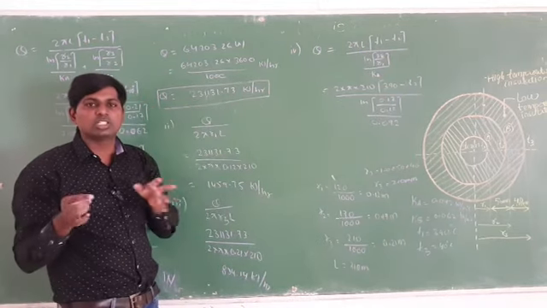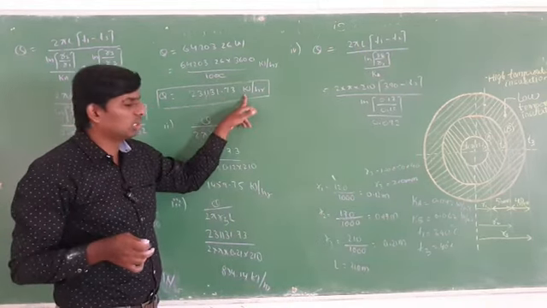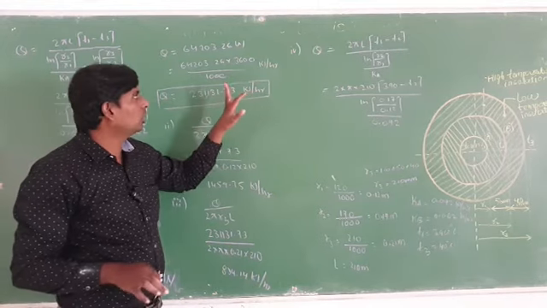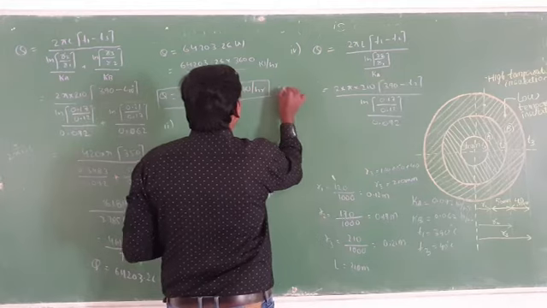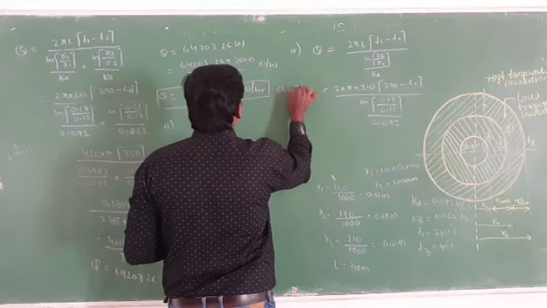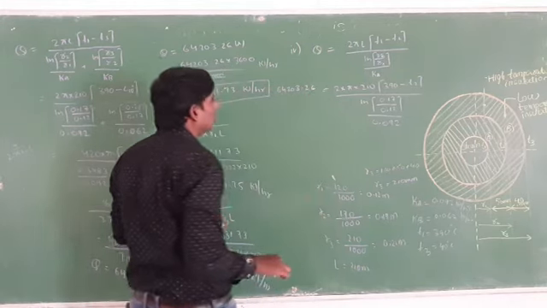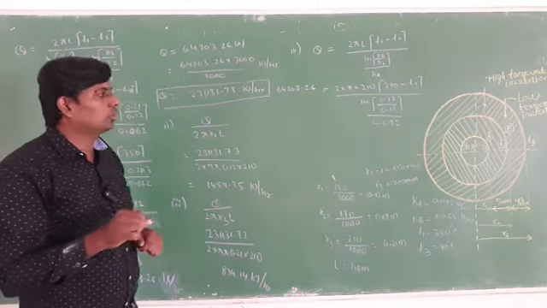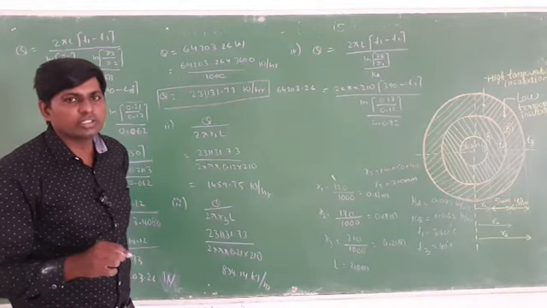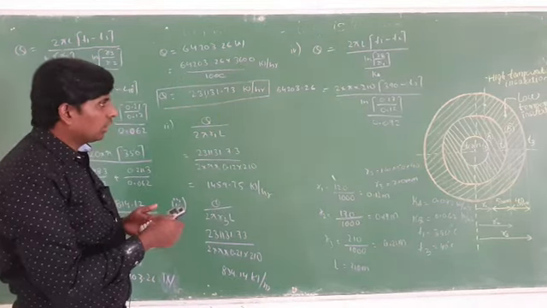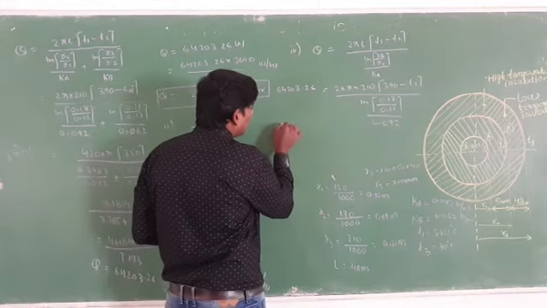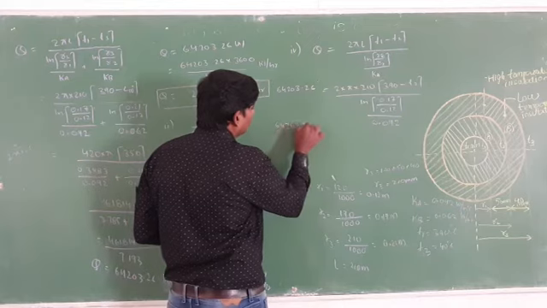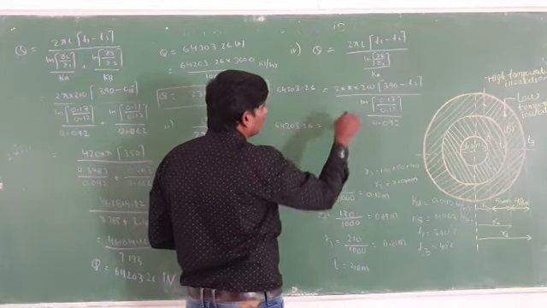Because he is telling, that's why we converted to kilojoule per hour. Normally for the Q value you have to take this one only. What value you have to take? 64203.26. This value you have to take. So after that you have to solve this one. Here write down this one as it is: 64203.26 is equal to, this one you have to solve.